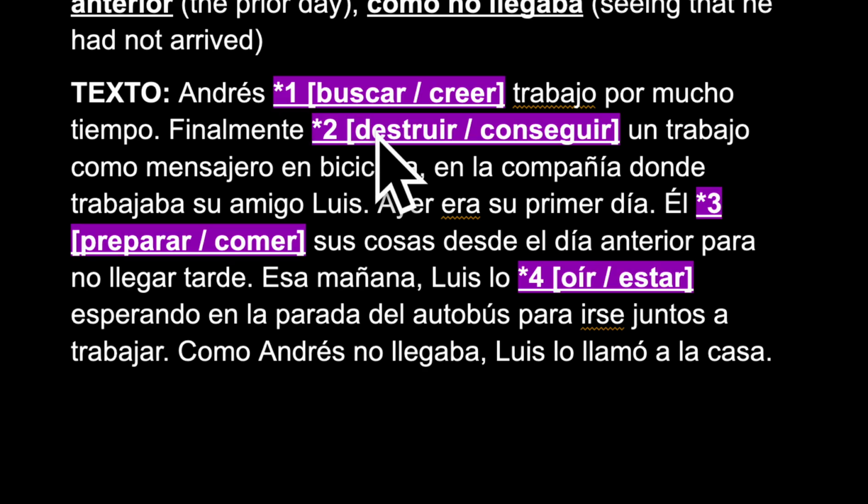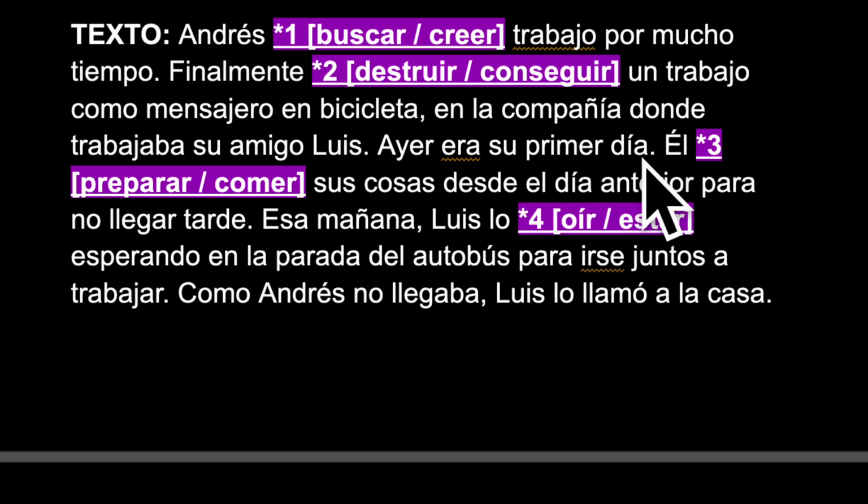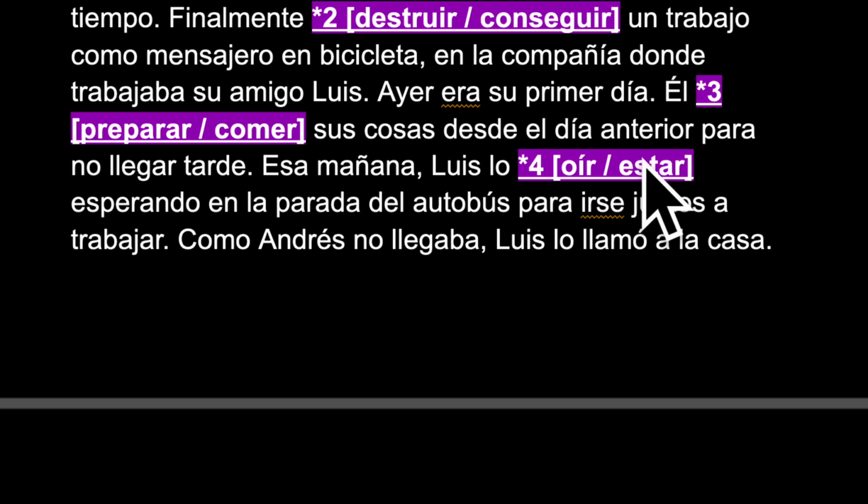Finalmente, destruir or conseguir un trabajo como mensajero en bicicleta. Finally, and would we say that he finally destroyed or that he finally got? I would say he finally got. So we would say finalmente había conseguido. And for conseguido, that is going to be C-O-N-S-E-G-I-D-O. So you're going to drop the U, conseguido. Finalmente había conseguido, drop the U, conseguido, un trabajo como mensajero en bicicleta en la compañía donde trabajaba su amigo